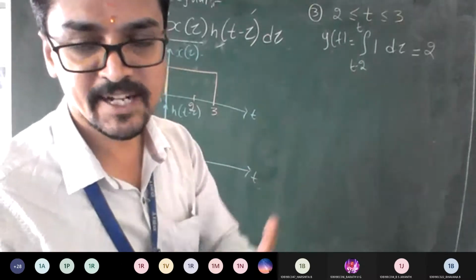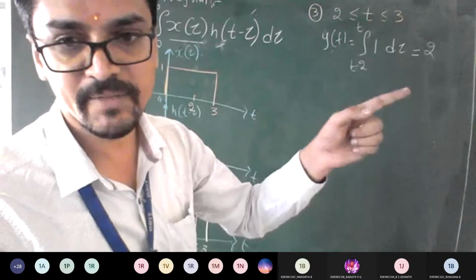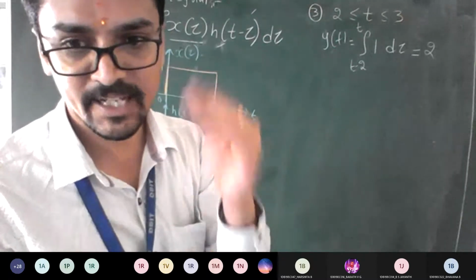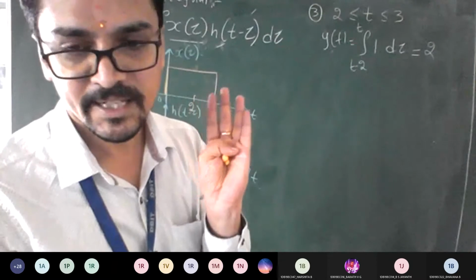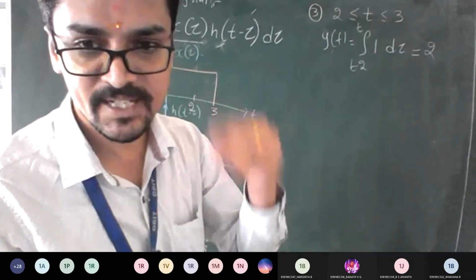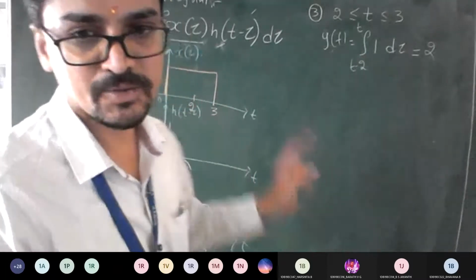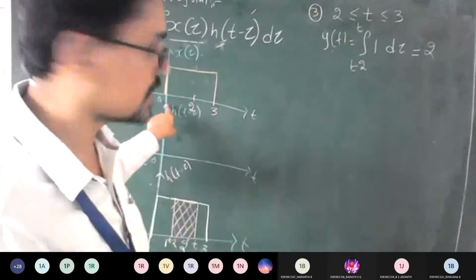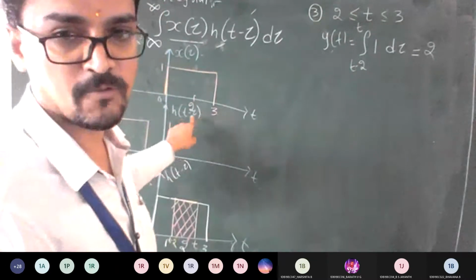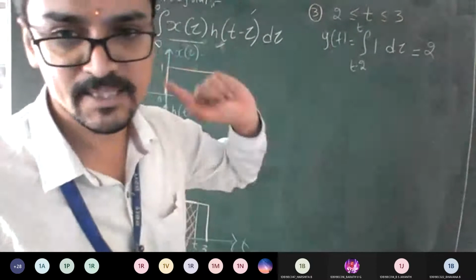I hope you got the difference, right? All three problems you solved in the previous class and this class. Infinity to infinity means you will get only 3 cases: T equal to 0, less than 0, greater than 0. Correct? If any one is finite, you will get an end of interval. So this problem is between finite and finite, because you have an interval 0 to 3 for one signal and 0 to 2 for the other. So you should play only with these. I can't go with infinity. Is it okay?